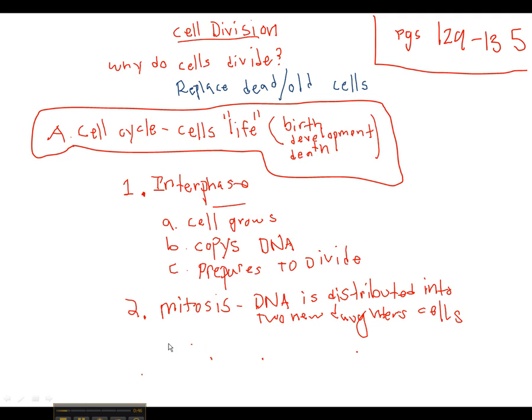Alright, so the last and final stage of the cell cycle is going to be cytokinesis. So let's just go ahead and write that in there. Number 3. Sorry, I'm just going to make sure I spell it right. There we go. Cytokinesis. Okay? Cytokinesis is a stage in which the cytoplasm divides. You probably can see the word cyto here. So, cytoplasm